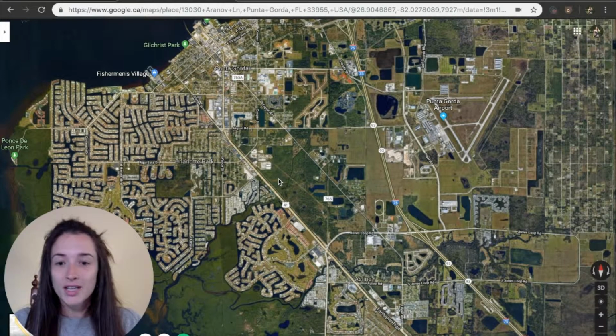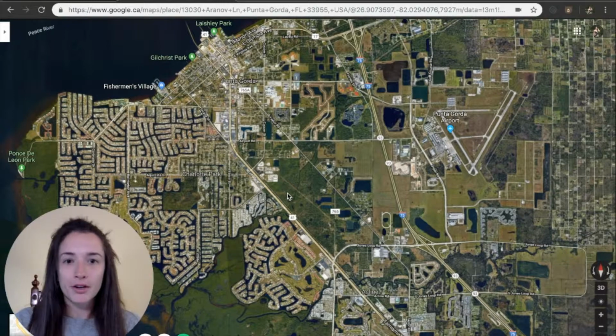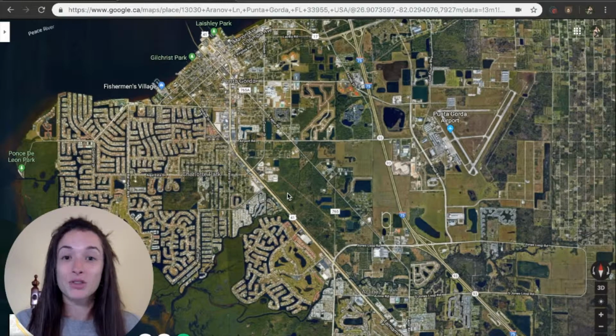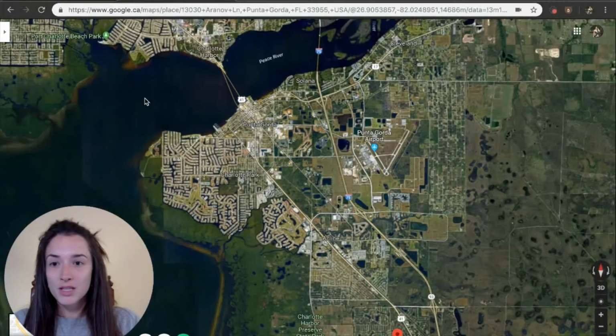So it's a nice area. It's not a massive town. It's no Miami, but it's a nice smaller area that still has a lot of activities and stuff going on. So you certainly won't be bored. It's also a great spot for retirees if you're looking to move down south, vacationers, because you have immediate access to the water. So it's Peace River runs right under Charlotte Harbor here and dumps out into the Gulf